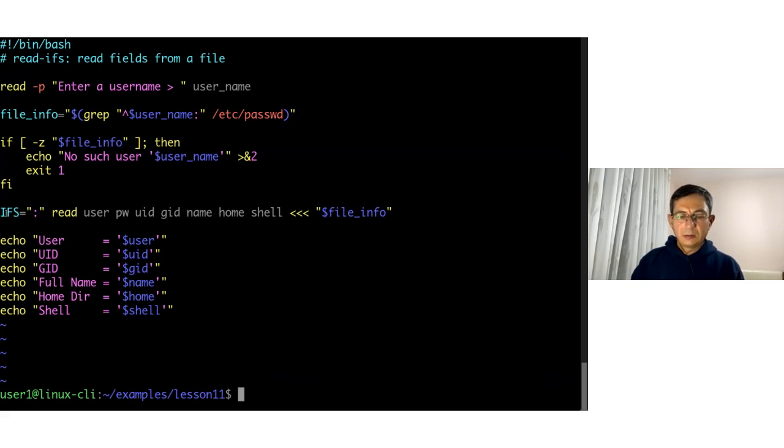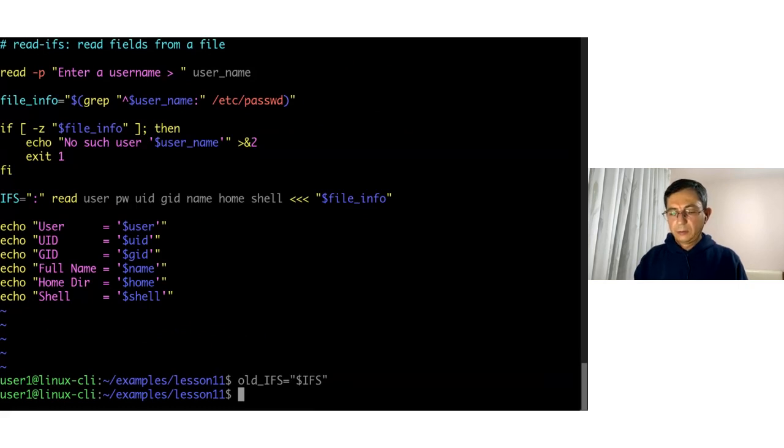And it is the same as doing saving the old value. So when we define a variable in front of the command, it is the same as saving the old value, changing the value to the new one, and then after this line is executed, the value changes back to the old one. For example, old